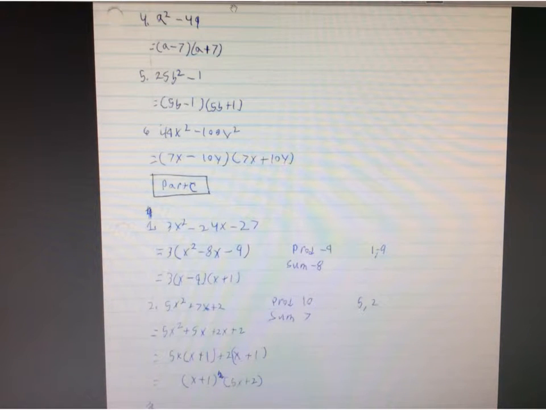Okay, and so finishing off part B, here's a difference of squares factoring. So you've got a minus 7, a plus 7, that's great. Another difference of squares. Another difference of squares, and so you can always recognize those if you write them as a difference of two square numbers. If you write them like that, sorry, that squared should be out there,